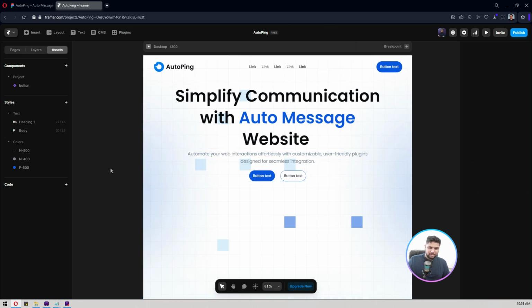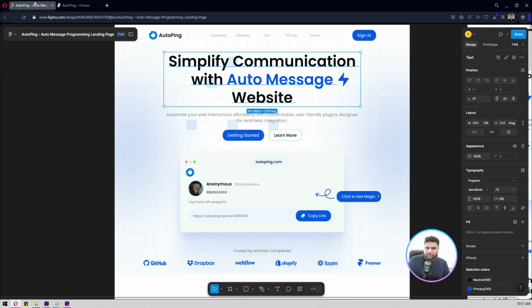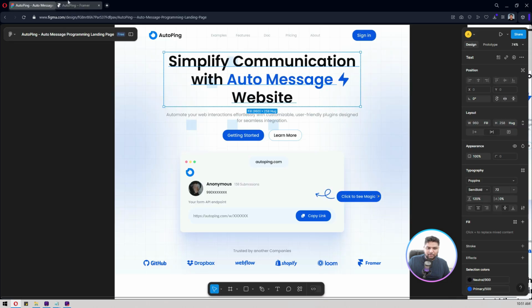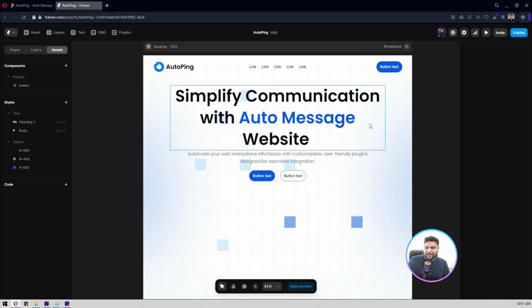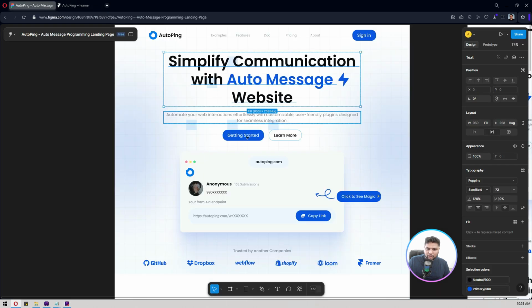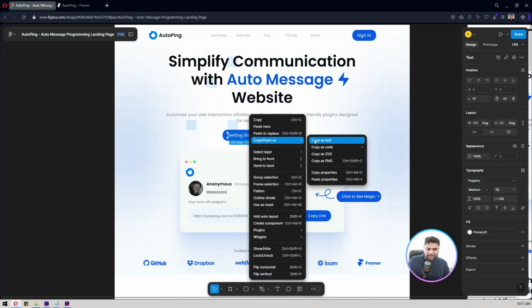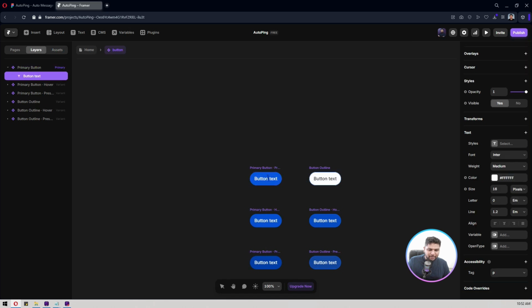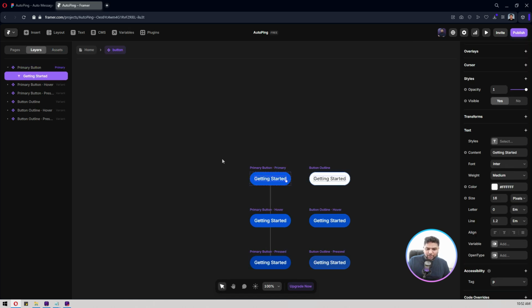I think this one is perfect to me with auto message website. And here we have to add that particular design, that will do it a little later, don't worry about it. So now let's change the text here for this button. Button content. We have not created the button properly yet, but let's say you can add